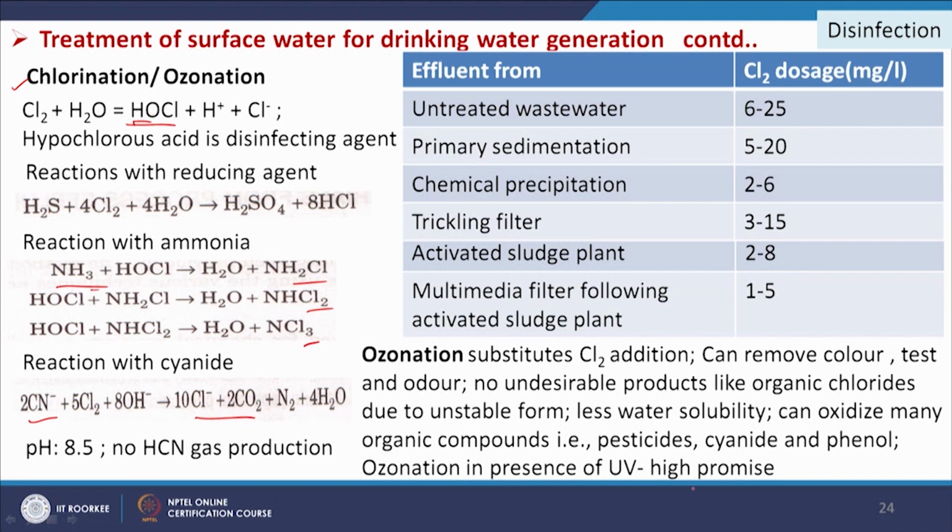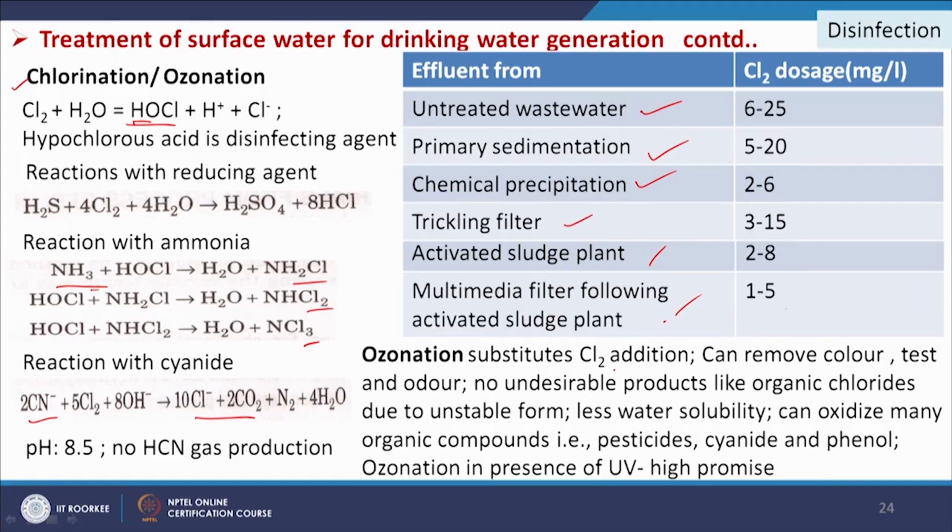And some recommended doses are provided here for untreated wastewater, primary sedimentation, after chemical precipitation, after trickling filter, after activated sludge plant, and after multimedia filter following activated sludge plant. So, these are the chlorine doses. As we see, as we go toward the end of the flow sheet, our chlorine dose requirement also reduces. So, to avoid the negative impact of chlorination, this process is normally banned in advanced countries, and